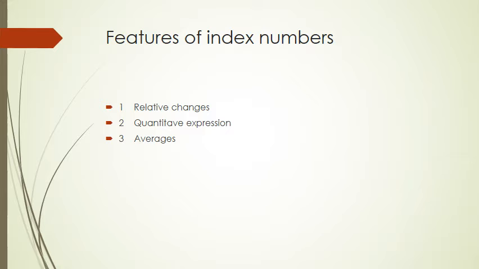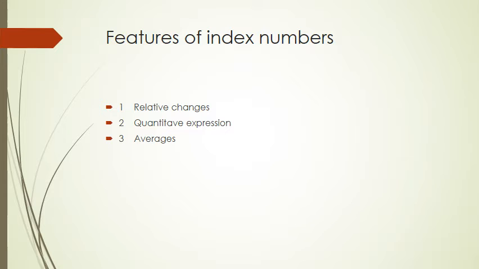For example, index number of prices is not simply a statement of prices at different dates. It presents estimates of percentage changes in the prices over years with reference to some selected base year. If index of prices stands at 200 in 2019 compared to 100 in 2011, it means that compared to base year, the prices have risen by 100%.